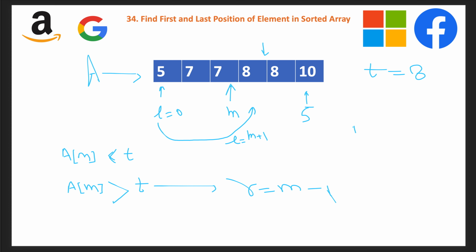So, based on our left bias, basically if you are searching for the leftmost index of our target, and we encounter a of m equals target, which pointer do we move, L or R? If it is the left bias, then we update our R to m minus 1, as we need to find the index as far left as possible.